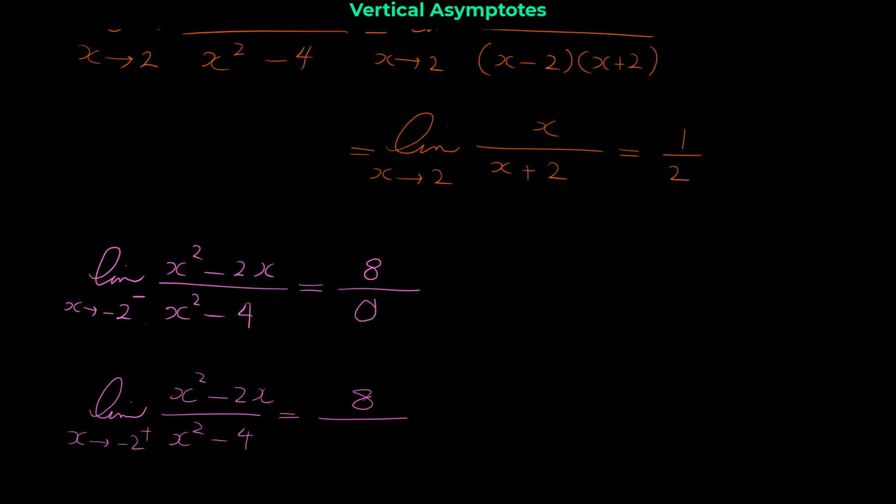Also in the limit from the right we get 0. But the difference is in the zeros. When x approaches negative 2 from the left, x is a number close to negative 2. Attention. Let's say, suppose negative 1 is here, negative 2 here, negative 3. When x approaches negative 2 from the left, x is somewhere here. If you raise a number here to the power of 2, because here we have x to the 2,